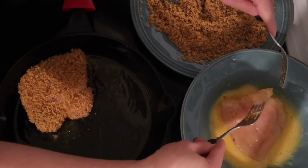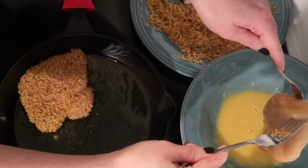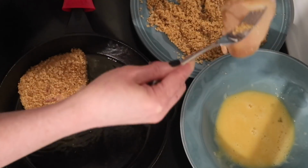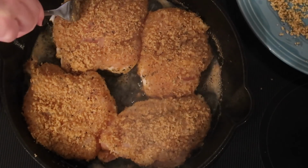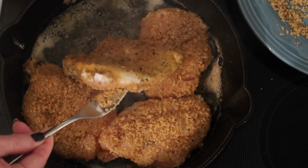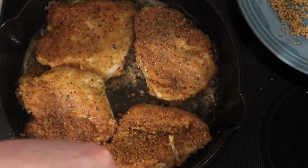And for her recipe, she made this as 6 servings. So I think she did like 3 chicken breasts and cut them in half. I just wanted to do the 2 so they would fit perfectly in my pan. And once I have them in there, I'm gonna just cook them for about 3 to 4 minutes on each side. And once I had these flipped over, I did go ahead and cut the heat off on my pan,